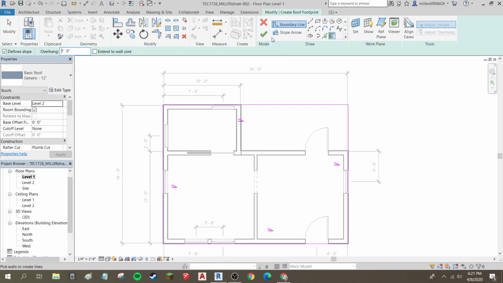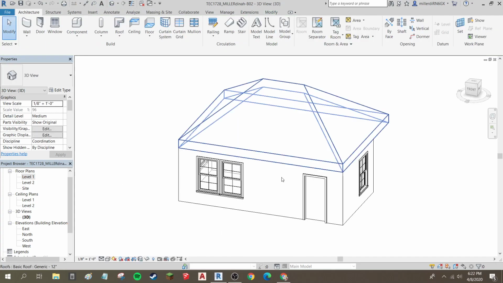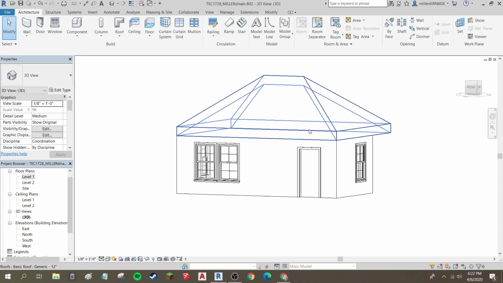So I'm not done with the roof yet, but I'm going to show you what happens if I click OK right now, if I check off to finish the roof. It doesn't look like a lot happened. If I go to my 3D view, we'll see that I now have a roof. So by default, it makes all of your roof lines have a slope to them. And if all of your sides are sloping, you then have a hip style roof, which isn't what we want